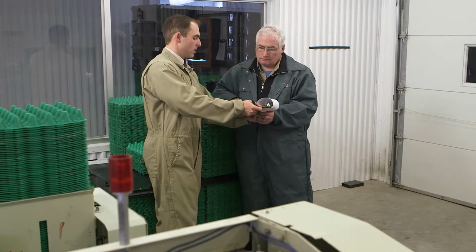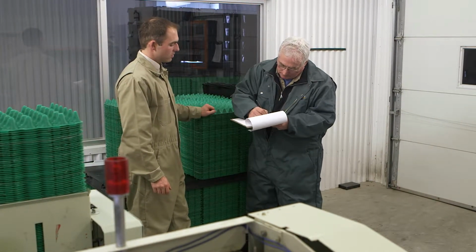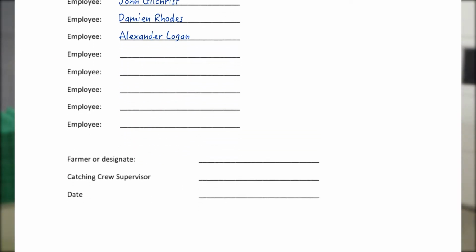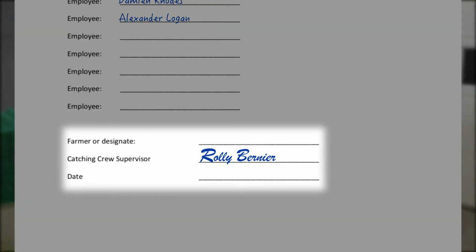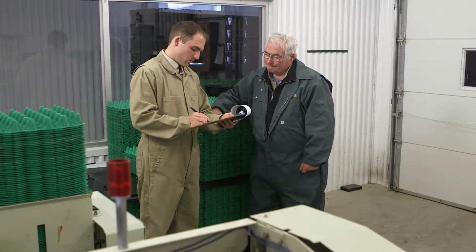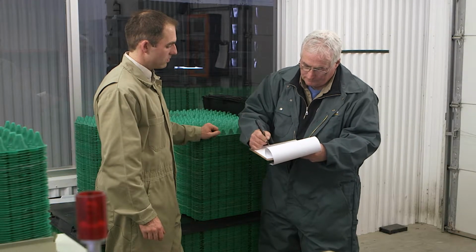Catching crew supervisors are required to document the names of every individual on the catching crew. Once the crew names are listed, the supervisor is required to sign off on behalf of the crew. The farmer or designated employee is also required to sign the document. Sign-off of the bird handling policy by the farmer and the catching crew supervisor is required every time the catching